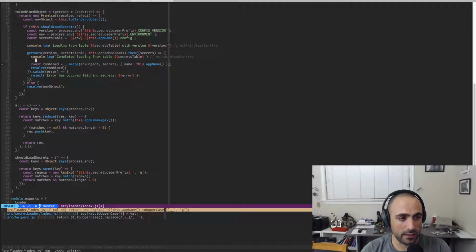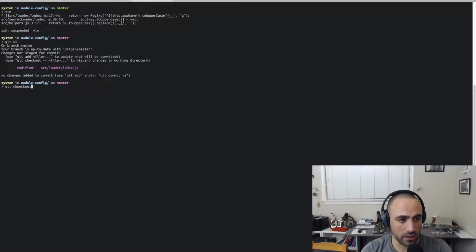And then this will add the name to the config without the need to namespace it under the app name env var. All right, so then this one, and then git checkout -b feature app name config change